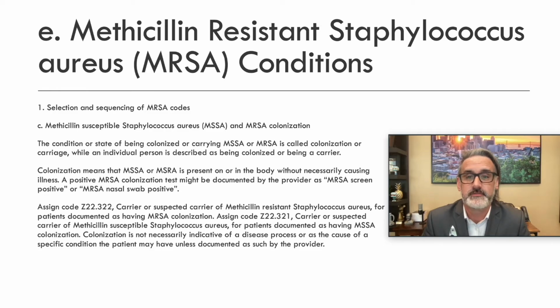Z22.322, carrier or suspected carrier of MRSA, for patients documented as having MRSA colonization. Assign code Z22.321, carrier or suspected carrier of MSSA, for patients documented as having MSSA colonization. Colonization is not necessarily indicative of a disease process or as the cause of a specific condition the patient may have unless documented as such by the provider. So translation, we have the MSSA code Z22.321, and then the MRSA code